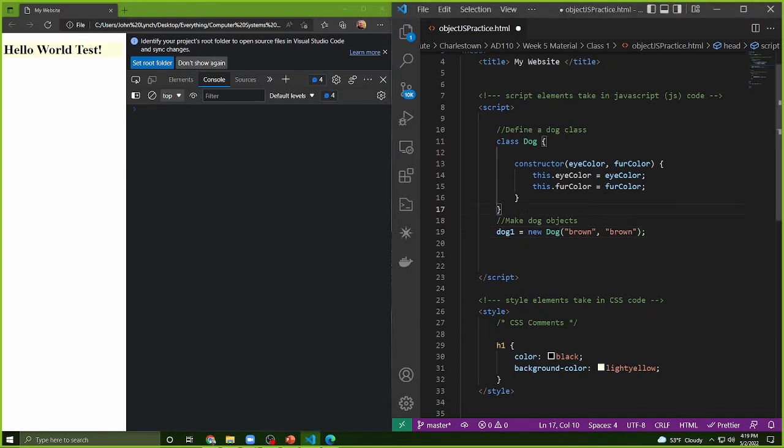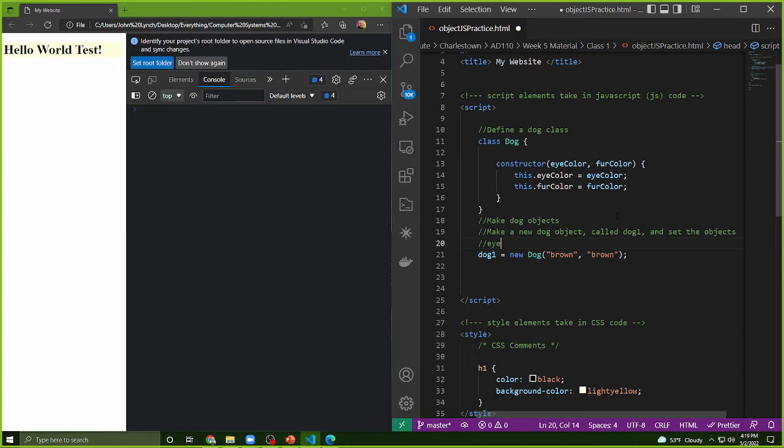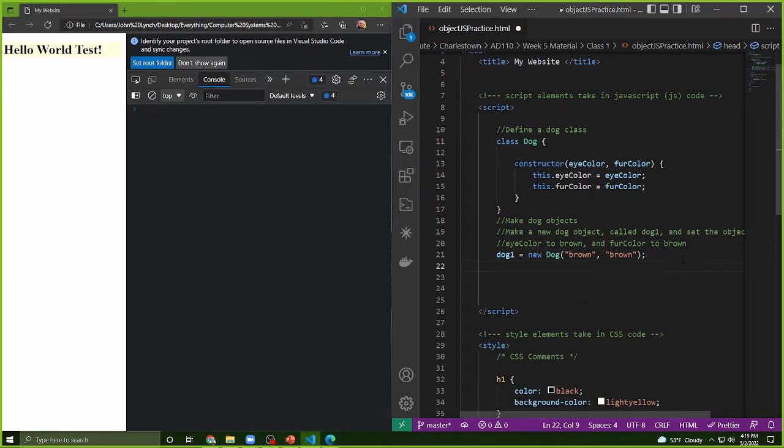And what this will do for me is essentially, in English, say: make a new dog object called dog1 and set the object's eye color to brown and fur color to brown. So all that work that is a part of this object is done in this line at 21 where I set these two. So what I can actually do here now